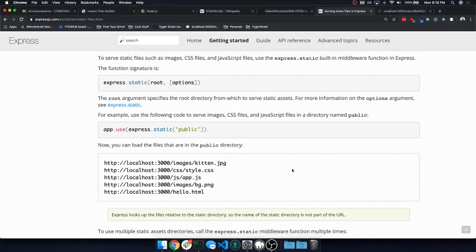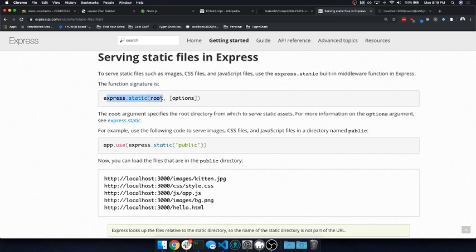Okay, so as I mentioned just before the break, we're going to actually be serving some HTML files from our Express server. So there's a couple different ways that we can work with files. One of the easiest ways to work with files is when we're working with static assets. So what this means is typically you have a photo, maybe it's a CSS file that doesn't change very often, maybe you just have an HTML file like an index.html, and we can serve those static files just from the folder. So in this case right here, we use express.static, which is built into Express,